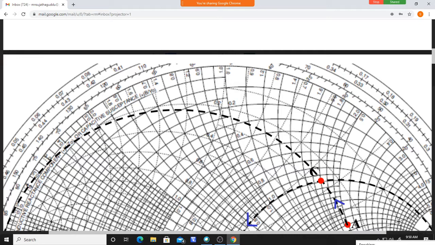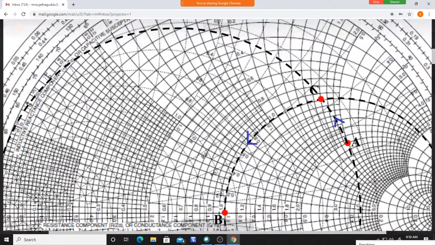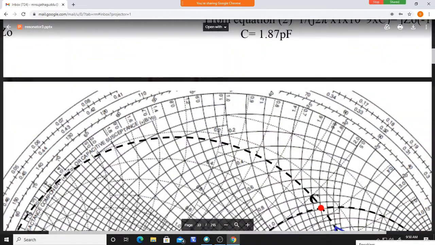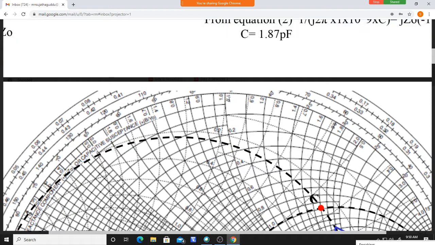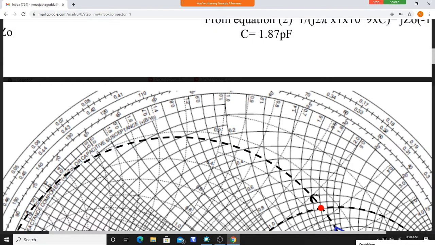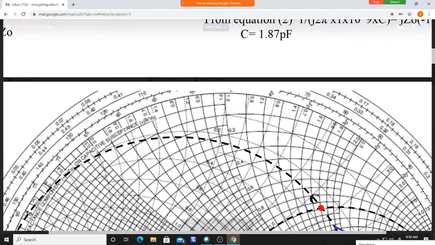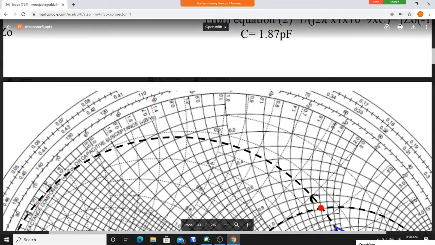Okay, these are susceptance values, but susceptance is negative in the upper part of the Smith chart. See, this is the upper part of the Smith chart. Negative: minus 0.5, minus 1, minus 0.9, minus 0.8, like that. Those are the B values. But the reactance values are positive: plus 1.4, plus 1.3, plus 1.2, like that. X values, whatever you are reading from here, are positive, but B values are negative.